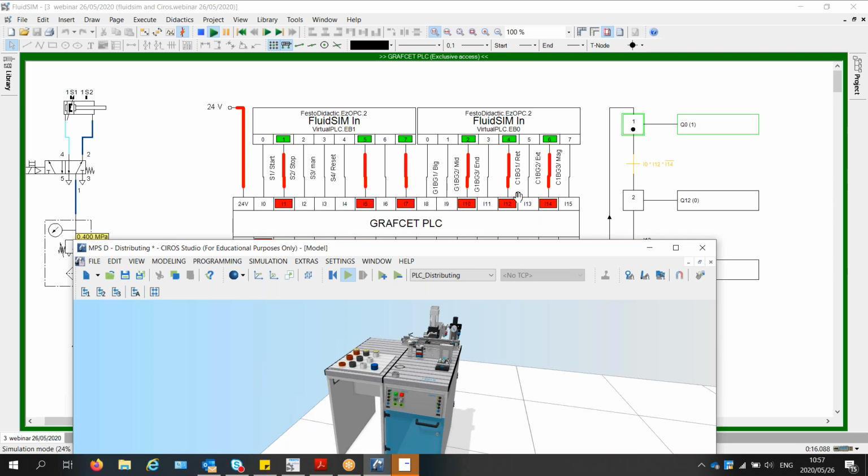Input 12 is here. You can see that input 12 is high, which indicates that the cylinder is retracted. And then I have input 14. Input 14 is that,